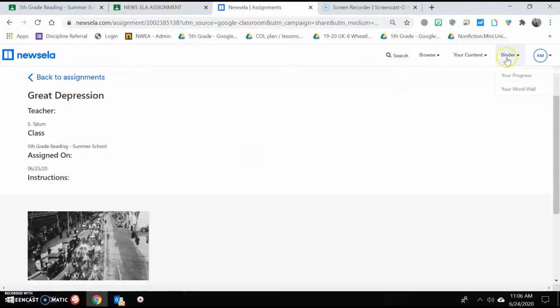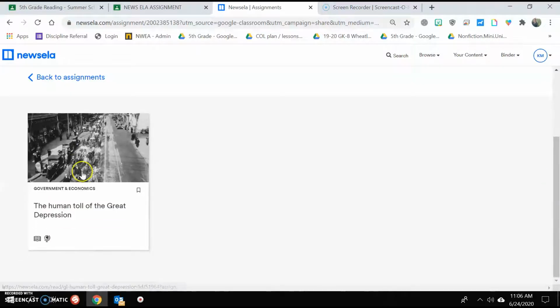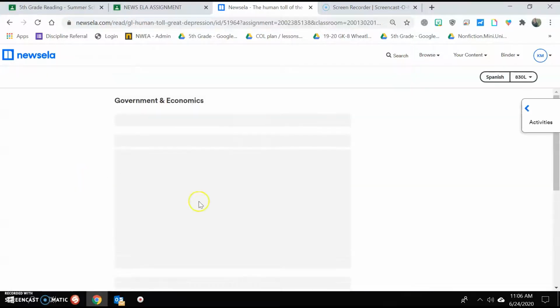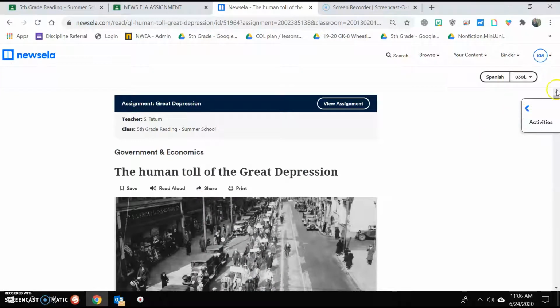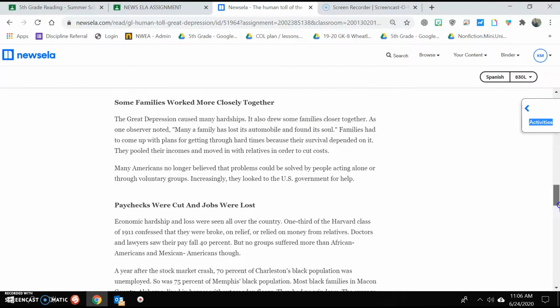Once you click allow, it is going to take you to your assignment. You'll see your initials over here at the top, and you are going to see your assignment, and you're going to scroll down and you're going to go ahead and click the assignment. So this is the article that you're going to be reading,